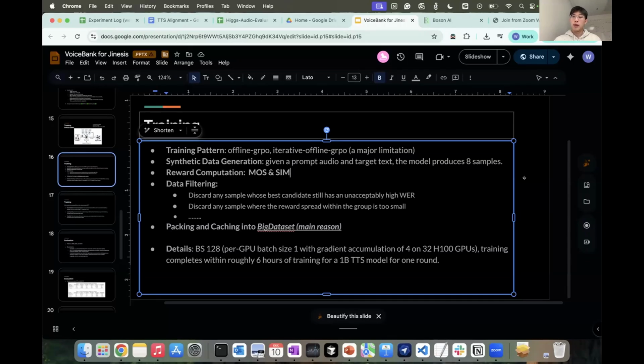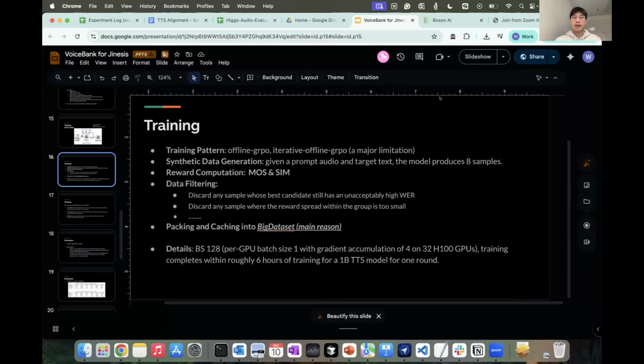We want the iterative offline GRPO to also have some effect of SFT, so we want to really control the training process of the model. So we discard lots of samples whose accuracy is bad, or where, within one group of samples, the sample with the best reward has only a little gap compared with the worst sample. We just throw all of these samples away.